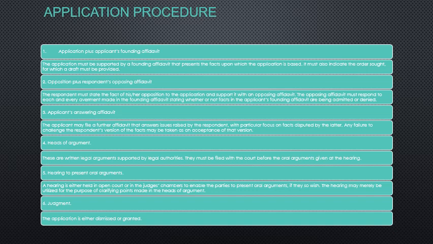And then we have the plaintiff's answering affidavit. The plaintiff will now answer any new allegations that were stated in the opposing affidavit. Any new allegations, or rather all the allegations that were stated in the opposing affidavit, and any allegations that the applicant fails to answer will be considered true.